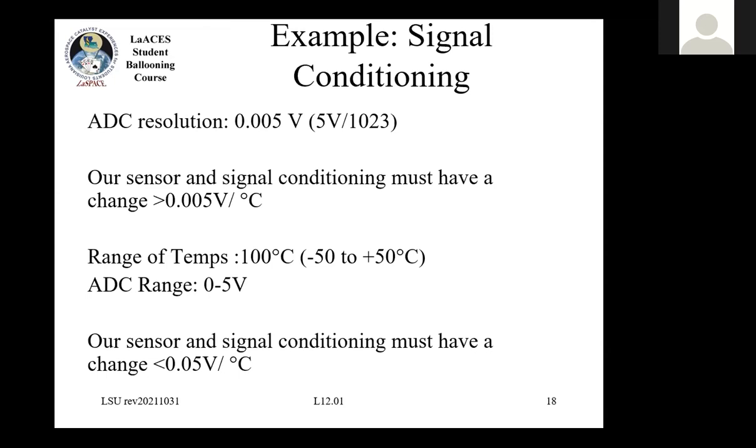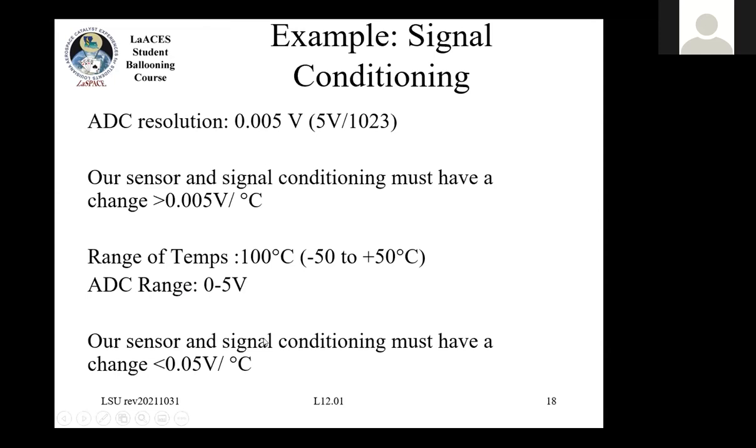So that says this is the minimum of how big our signal change can be. Now, we also said that we want to look at temperatures over a range of 100 degrees C, from -50 to +50 C. And again, our ADC is 0 to 5. So if we say that we can't have a voltage change larger than 5 volts over those 100 degrees, if we take 5 volts and divide by 100, we're also going to set a